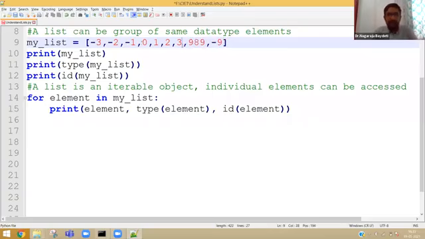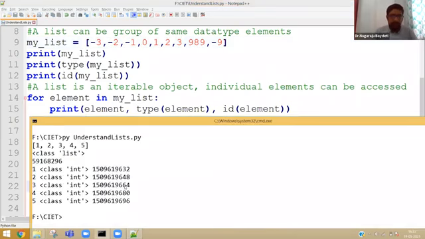So here, other than the last two values, all others are integer interned values. Why I gave -3, -2, -1, 0, 1, 2, 3 is so that you can see the consecutive memory locations also. Okay. Now let us try to execute the program again.